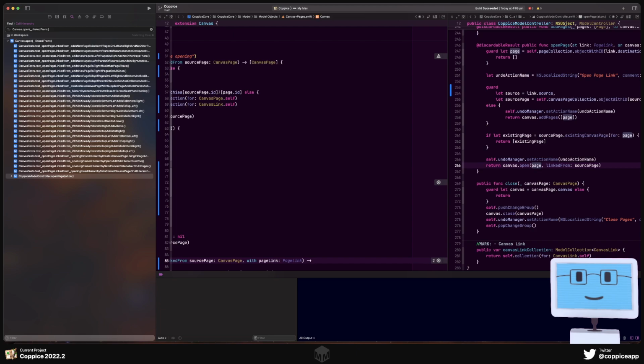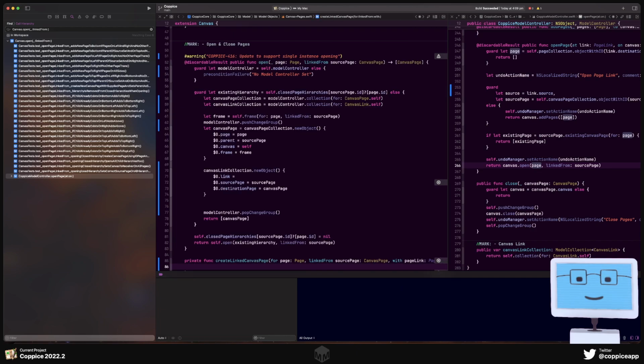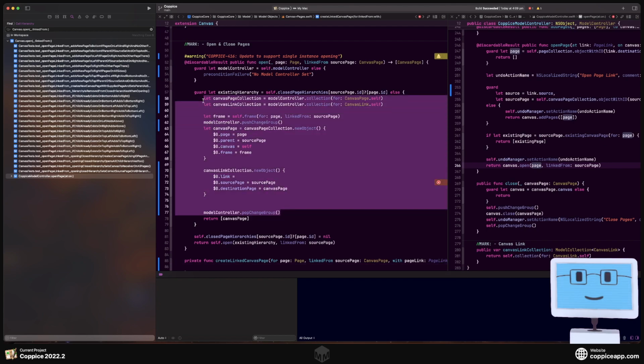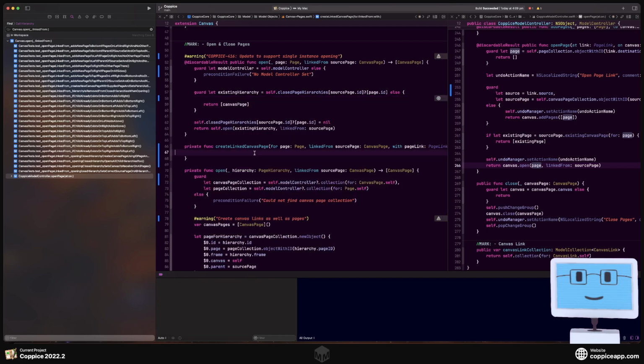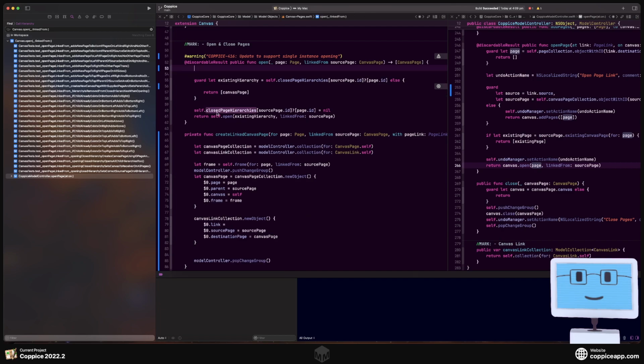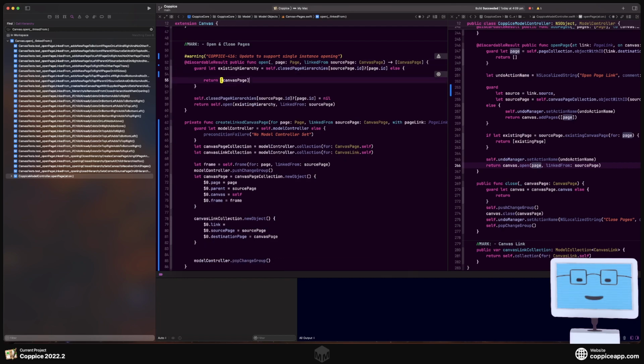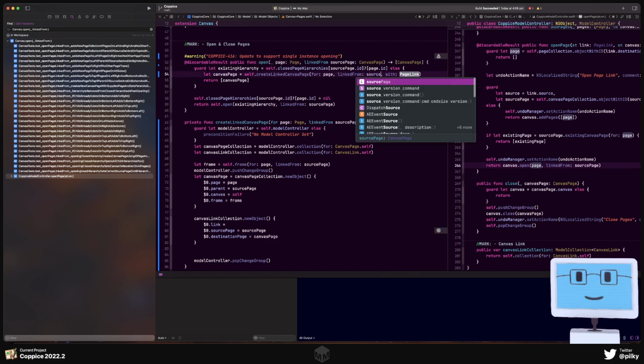Visually. Let's return page. So get that canvas page. Now that page, those page,